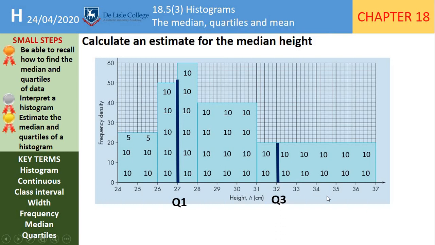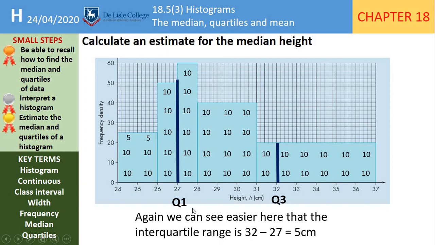And this is then my Q3. This is my upper quartile because this is 3/4 of the way. This was 300 of the area this way because 300 is 3/4 of 400, or you could count back 100 from here. So then we can just see that the interquartile range will be 32, take away 27,